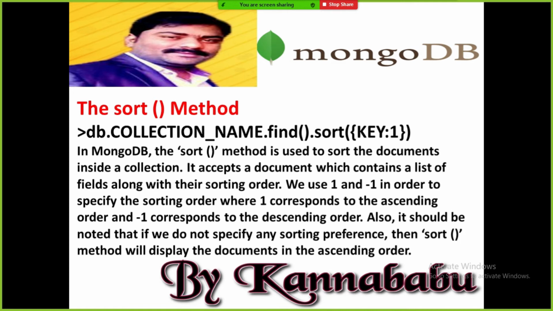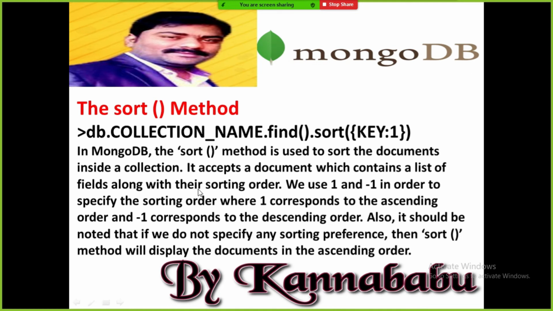So I want to display all the student details in ascending order based on their percentage. Or I want to display all the student details in descending order based on their percentage. Is it clear? So sorting is very important actually. I want to display the employee details based on their salary in descending order, means top level salary to bottom level salary. Something like this. Data we store in database, we must not directly display the data in the front end. Before displaying, we will try to do some filtration. That is nothing but sorting actually.